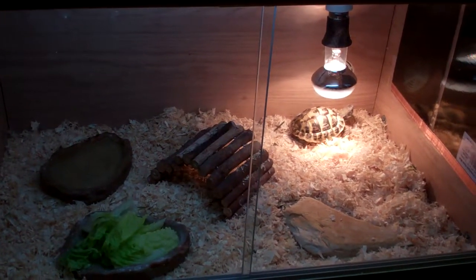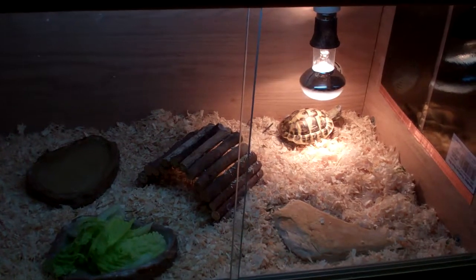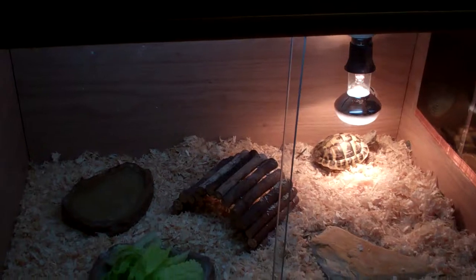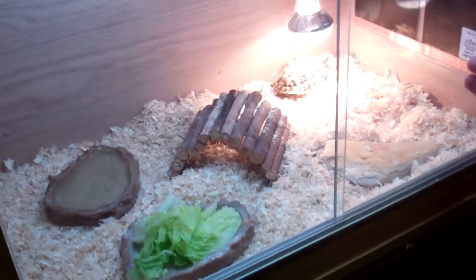She's 2 years old. They've had her for 8 months in total, and in that time obviously she would have grown a bit, so she's also going to need a larger space. This is just a mini guide as to things that you can do to help improve a tortoise's enclosure. So I'm just going to pass the camera to Justin, and I'm going to open the enclosure and introduce you